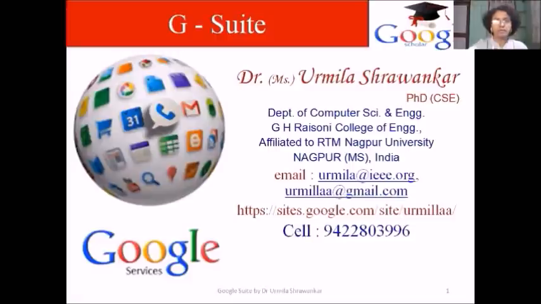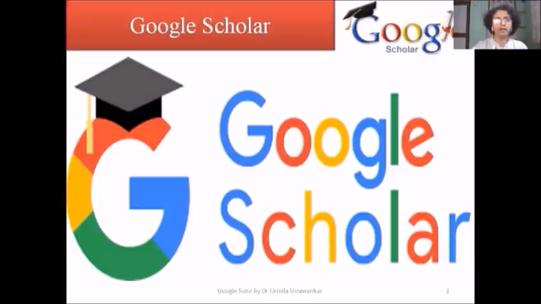But Google is very smart and a very efficient search engine, and it will search all our papers and keep them under the Google Scholar. So today I am going to explain how to develop our own profile under the Google Scholar and how to collect our own papers. It is very helpful. We can find out our own citations, how many researchers are using our paper, how many have already cited our paper, and then we can keep the collection of all papers.